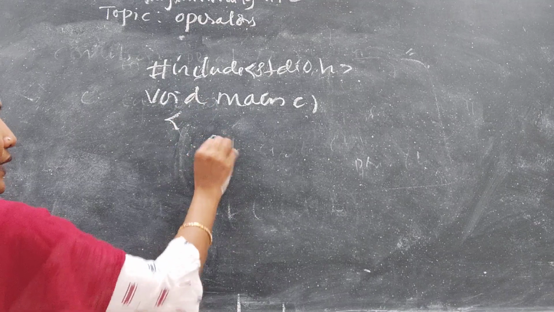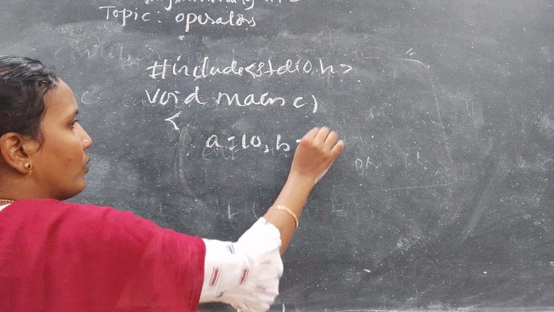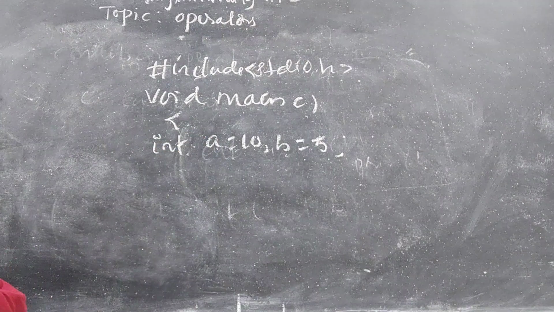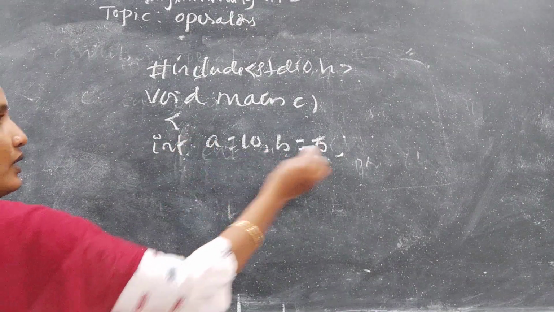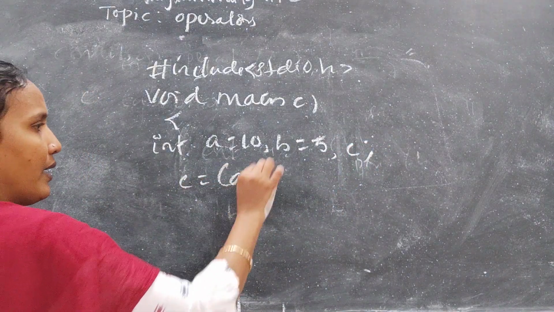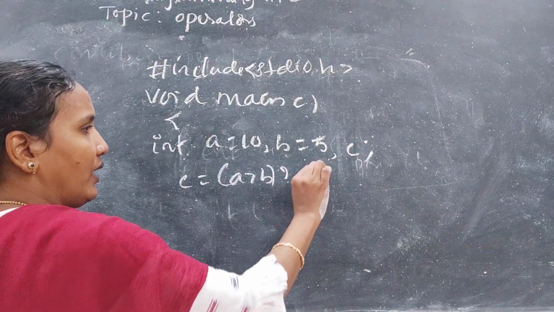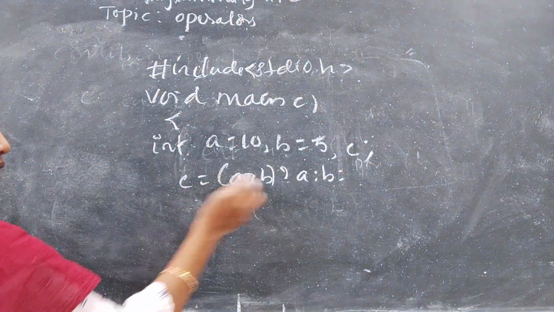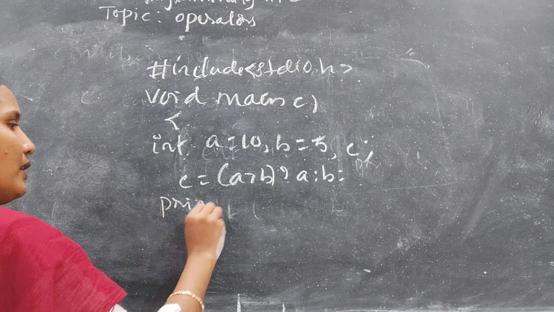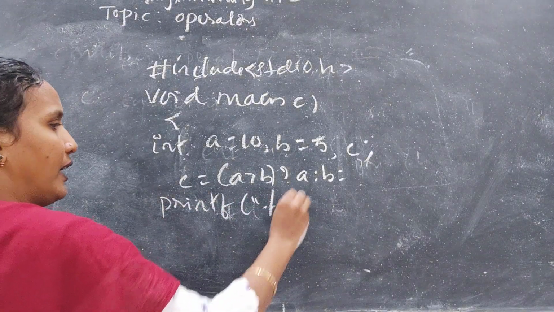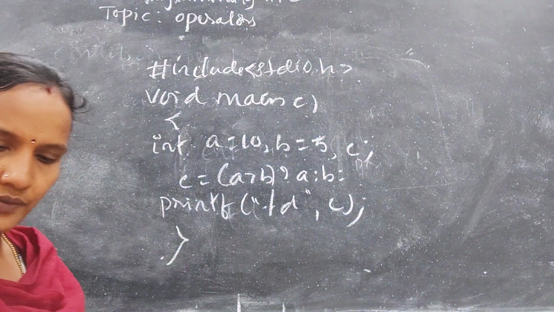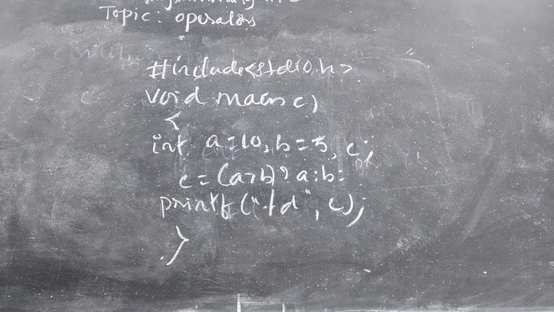So here I am giving two variables, a equals 10, b equals 5, and the data type of that is int, meaning both are integer type. Here I am giving one more variable, c. c equals a greater than b, then question mark a colon b. So whatever result is there, that is stored in c. Now I am printing that c, printf %d c. Take a screenshot of this. Next we will discuss bitwise operators.